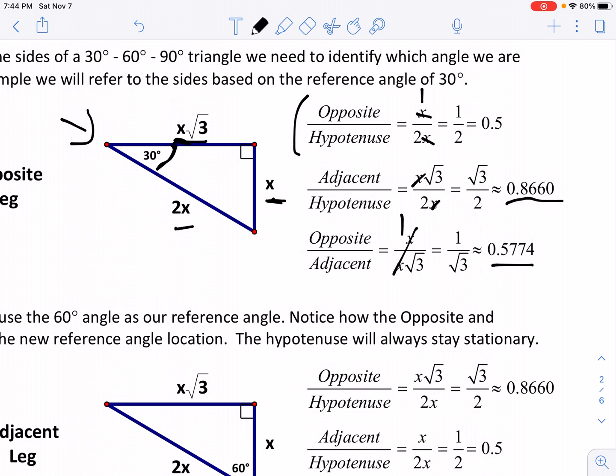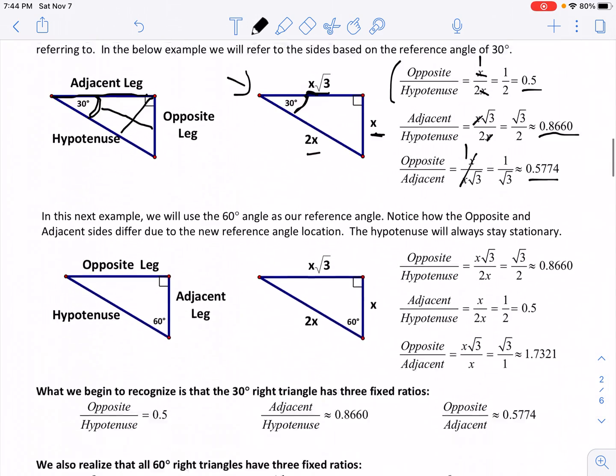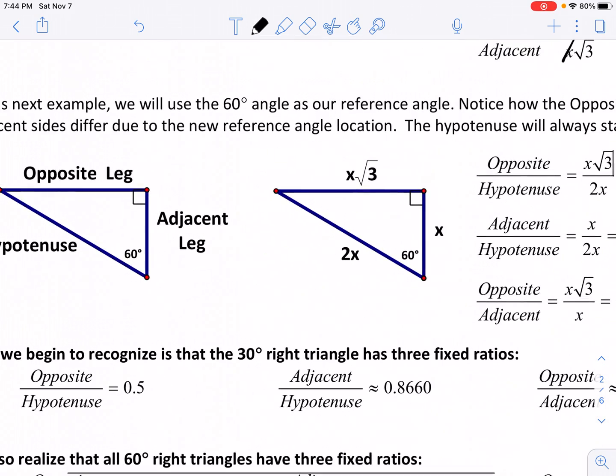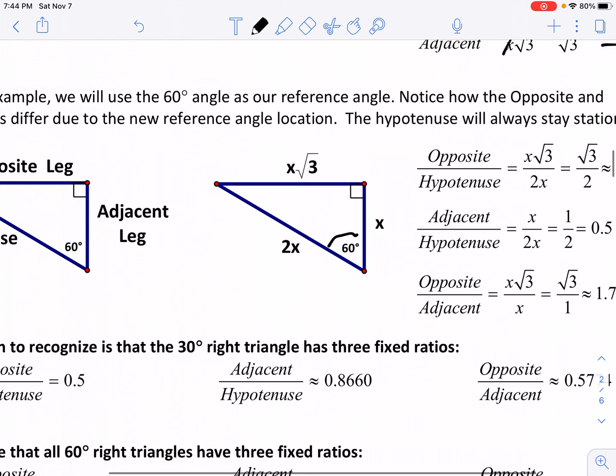So all we're looking at now is the ratios between all the sides here: the opposite side over the hypotenuse, the adjacent side over the hypotenuse, and opposite over adjacent. We end up with these figures here, okay? Well, let's see if we can find a relationship using 60 degrees as our reference angle now. So instead of 30, let's use 60 as a reference angle. Well, that